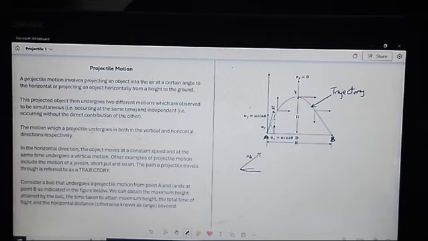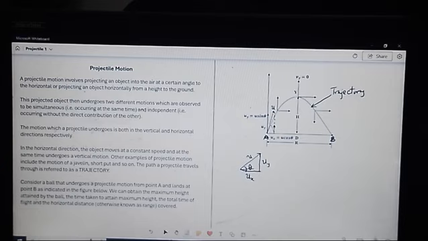And of course, this is the vertical direction. So this represents the horizontal velocity, and this represents the vertical velocity. This is the angle theta. So to get the horizontal velocity, that's the component of this velocity in the horizontal direction and in the vertical direction, we make